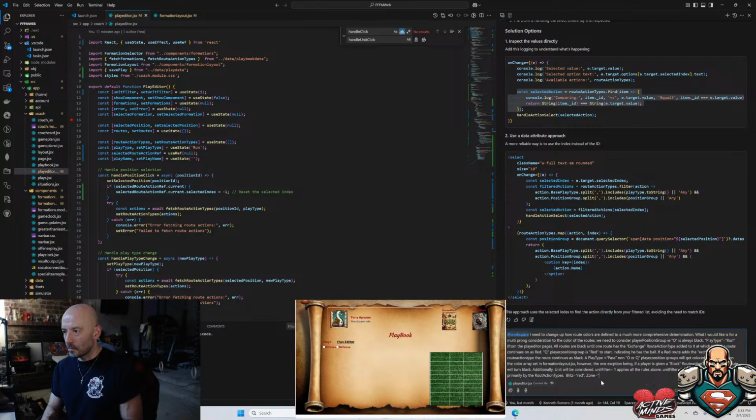Zone equals yellow. Man equals light blue. Run focus equals black. Pass focus